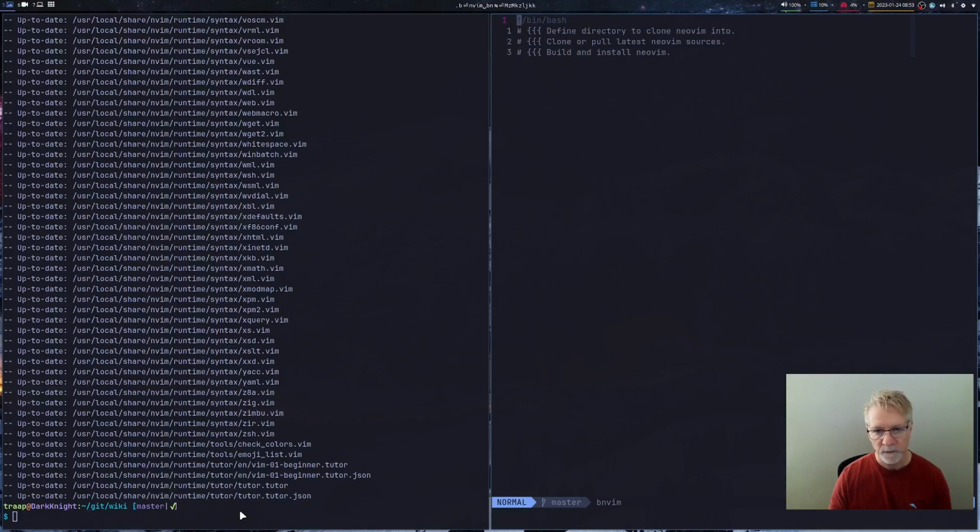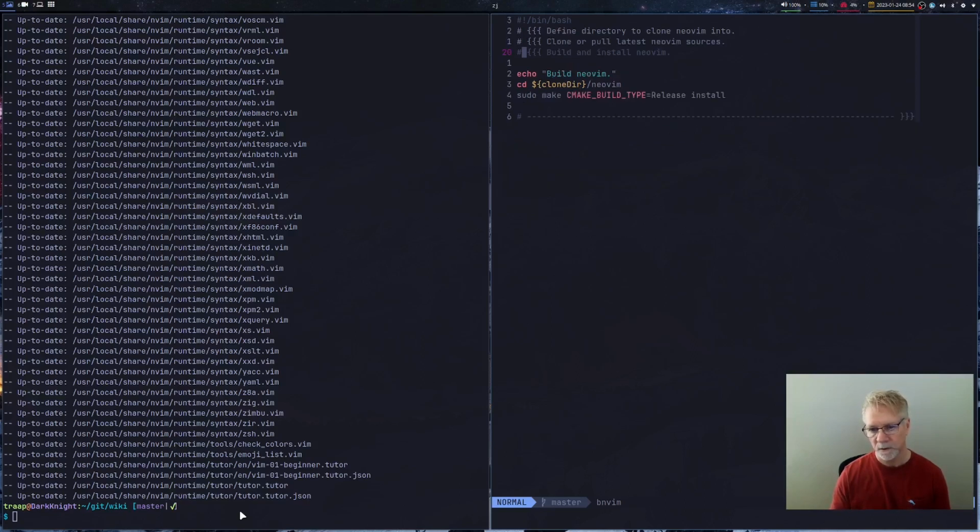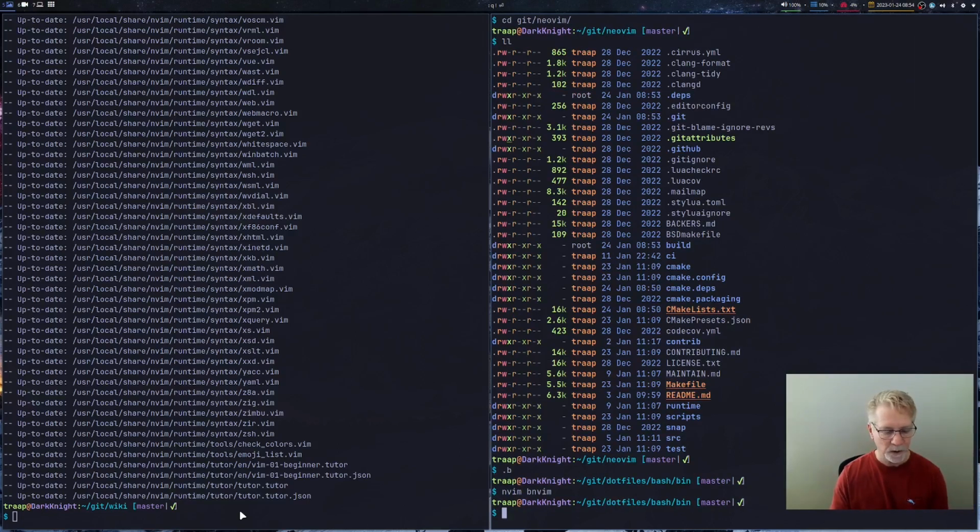You're seeing me use my vim folding. It sets the home directory for where I expect my git to be for this particular project. It's going to clone or update. If the directory exists, it's simply doing a pull. If it doesn't exist, it's going to clone it. And then it simply uses the sudo cmake build release install. I do this every day, sometimes, like I said, multiple times a day. My machine is pretty quick, so I always want the latest and greatest